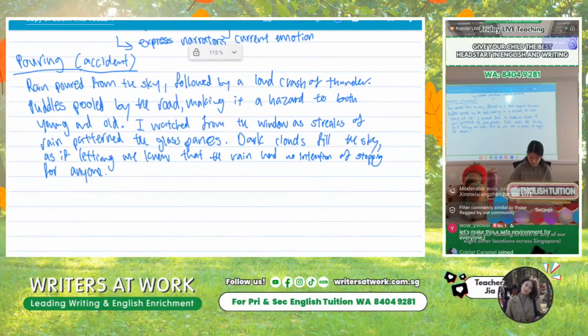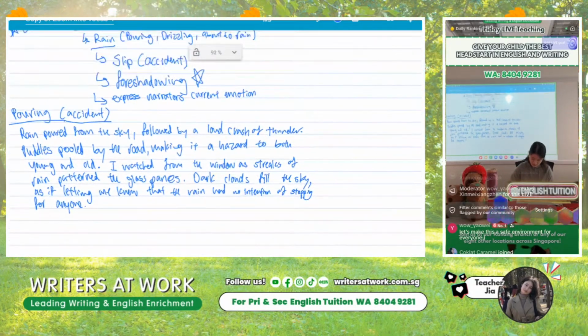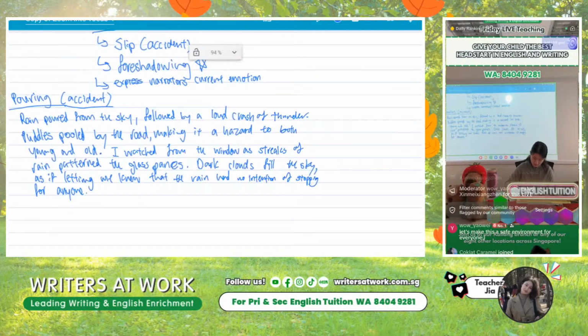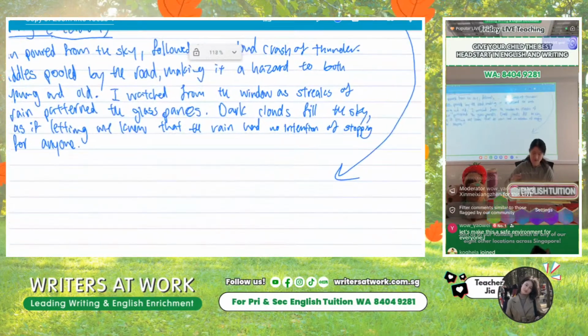Then you can also say that rain poured by the grass, drowning little insects. You can also say any of that. Now we want to do foreshadowing. Let's do a separate one. How would we write something that is foreshadowing?